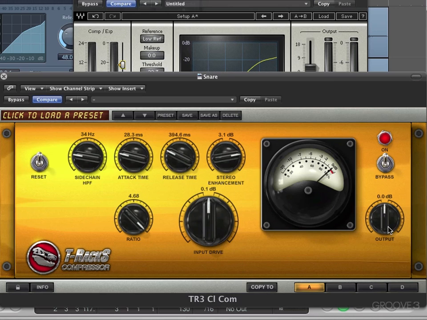In the next few videos, we're going to learn more about the relationship between the individual controls, starting with threshold